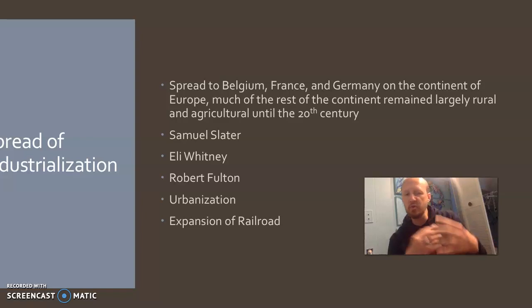With the new tools that were coming in, with tractors and plows and so forth, one guy could do the work of 10 people from before. So that meant there didn't need to be as many farmers. So what ends up happening is people start moving to the cities. That's where the jobs were. Urbanization.